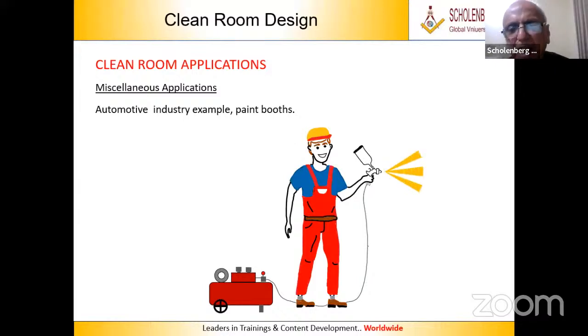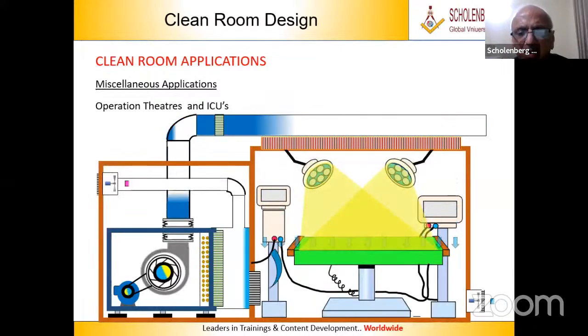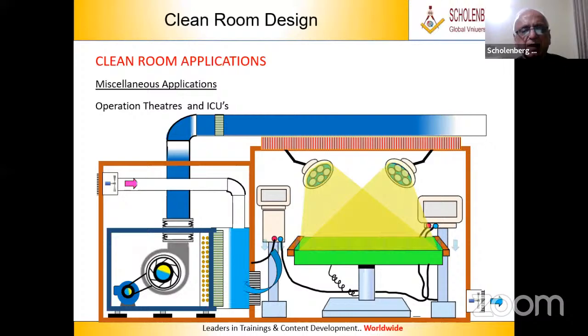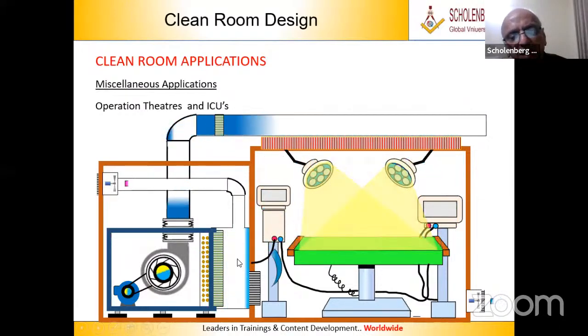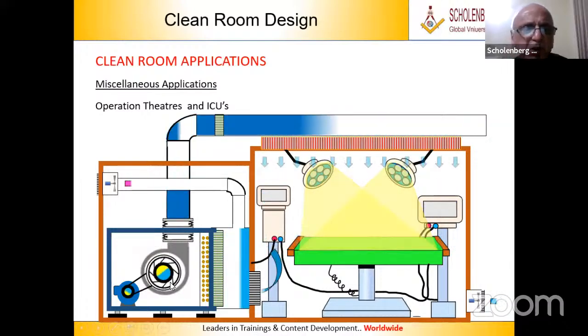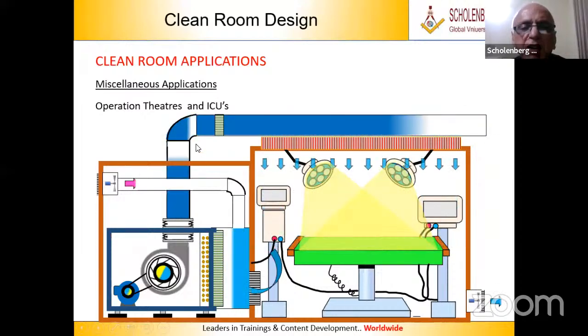So now we have the animation out here, right? This is the operation theater. If you see carefully, the fresh air that enters this AHU has to be filtered. It comes through these filters. The room return air has to be filtered. It goes into the AHU and this blower is going to deliver the air